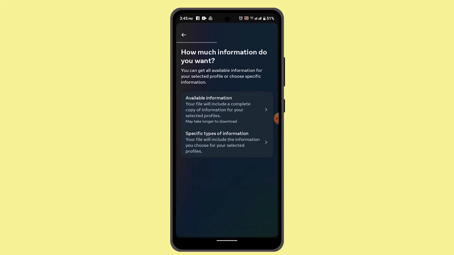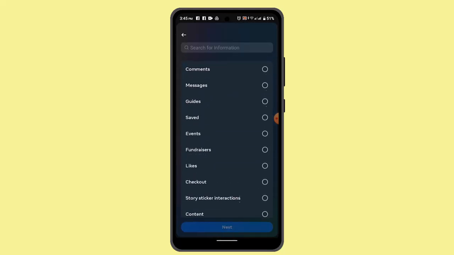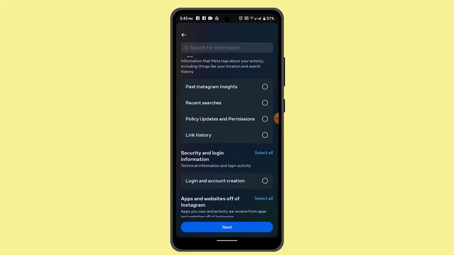As you have done that, you need to go ahead and select the available information or specific type. I'm going to go with specific type since I want to recover my post. You'll be able to find the option as post and comments as well, and after that you need to tap